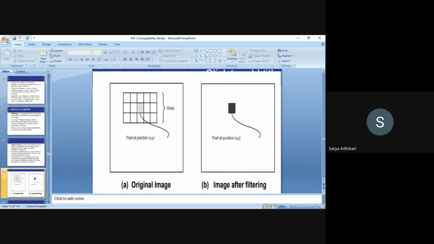Suppose this pixel has spurious values. This pixel is missing, or this pixel value contains some noise. So I have to take a mask of 5 cross 5, or 3 cross 3 or 5 cross 5, and that pixel which is labeled in some gray color,